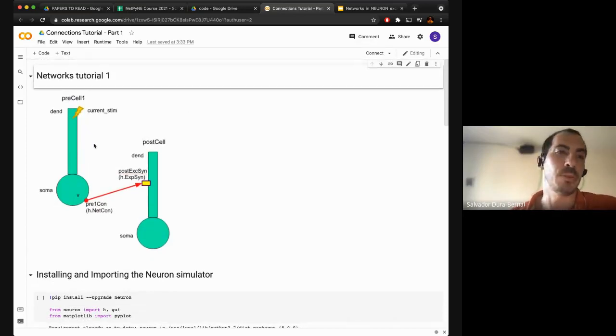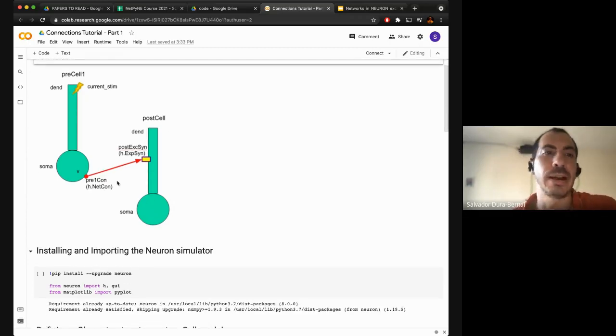So in this example, we just have 2 cells, the presynaptic cell and the postsynaptic cell. And we are just essentially going to create a single connection from the presynaptic cell. Remember, you need to create this netcon and a synapse on the postsynaptic cell. That's essentially it. And then, of course, you need to provide some stimulation to the presynaptic cell to make it